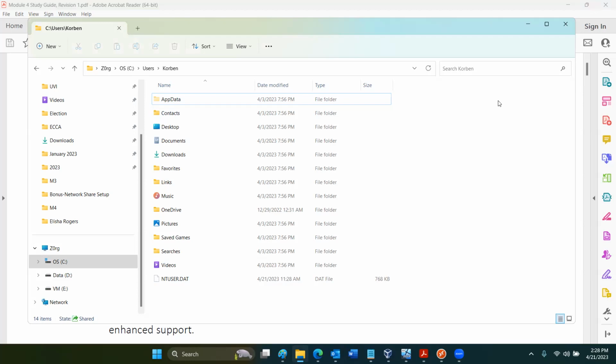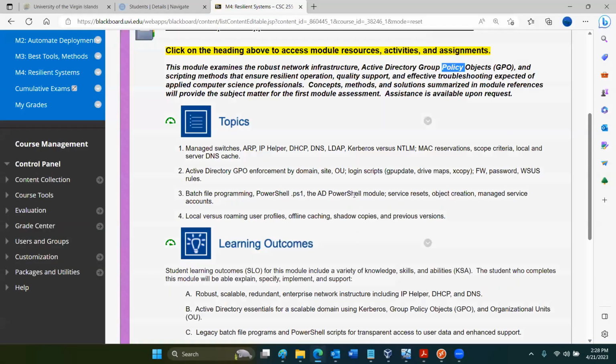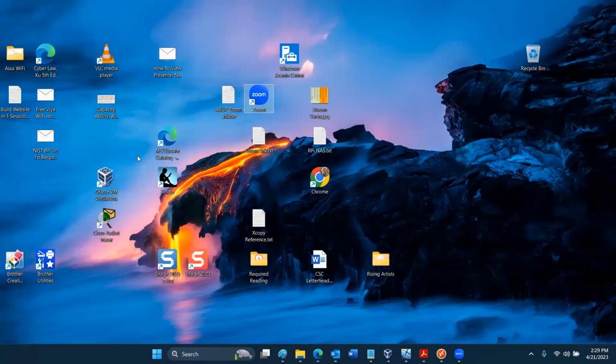Now, UVI probably has 300 desktop computers in all the offices. University of the Virgin Islands probably has 300 desktop computers. And if you were to set up an Active Directory domain, and they have an Active Directory domain, if you were to set it up the right way, you could go anywhere to any screen on either campus, log in, and you'd see the same thing, and it would all be there, and you'd never have to move a thumb drive from screen to screen or station to station.